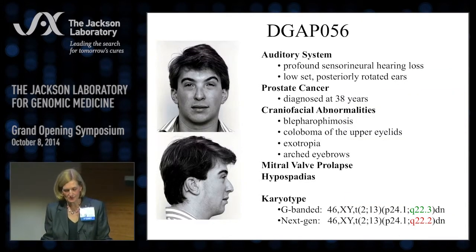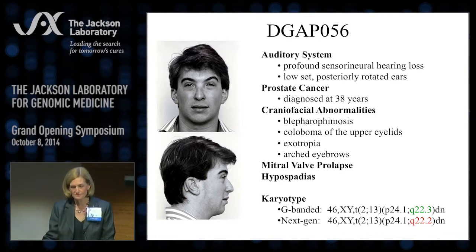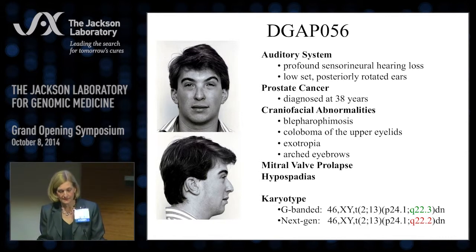So this was a young man who had profound sensorineural hearing deafness from a child, and had some mild craniofacial anomalies that you might appreciate from his picture. Interestingly, while he was a participant in our study, and we were really focused on trying to understand how his chromosome rearrangement that involved chromosome 2 and 13 might account for his hearing loss,